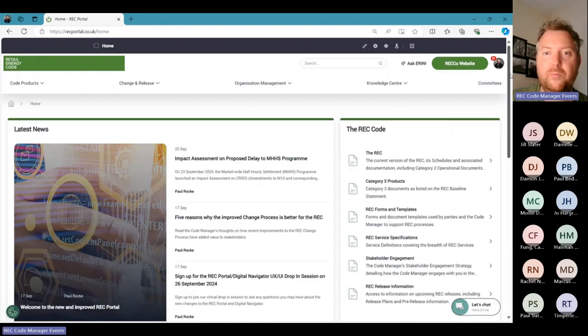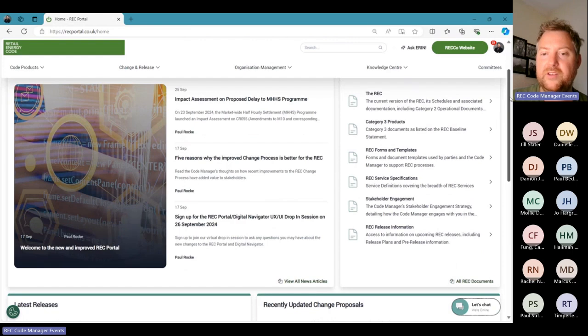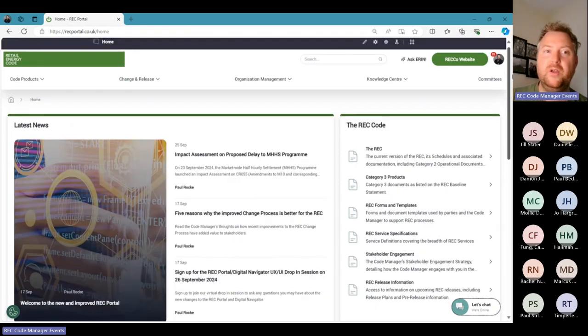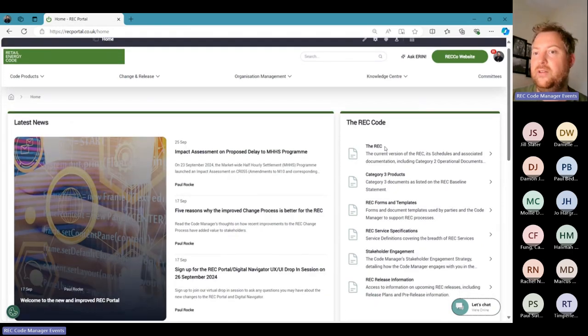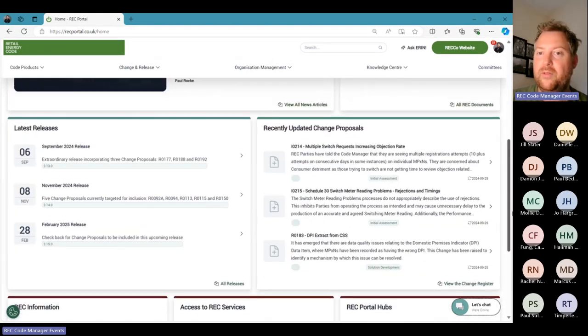Just reminding myself, Paul, of something while I was looking at the homepage. If you scroll down slightly on the homepage below the latest news and the quick links to the areas of the REC code, which are new now, you've also got a couple of things related to change in here as well. So you have an easy way to get to the release schedule and to see what the upcoming releases are into the code. But also this module on the right hand side of the page here will display the